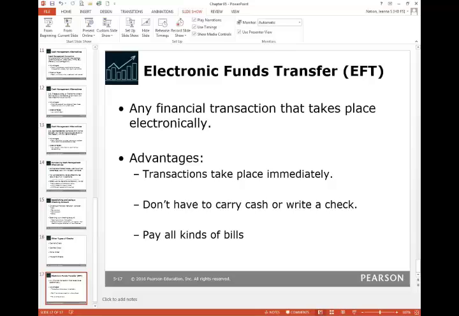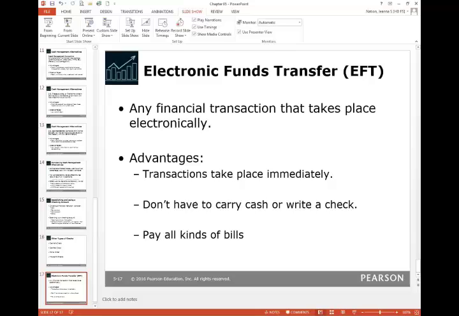Smart cards are like debit cards, but use funds from an account that's stored magnetically on the card. So it's basically like a store card, and they perform the same services as a debit or a credit card, but the funds can run out. Also, stored value cards would be EFTs. These are single-purpose cards, which can only be used at one store and not a variety of stores, whereas a multi-purpose card can be used just like a credit card at any store, and you can put money back on it.